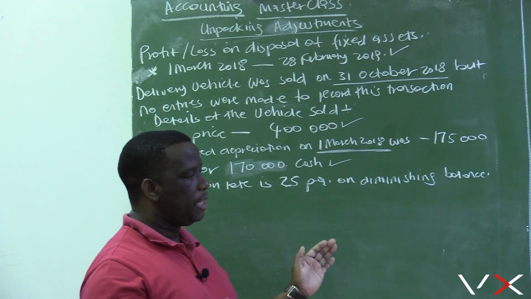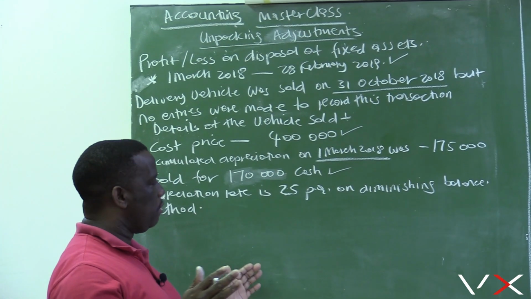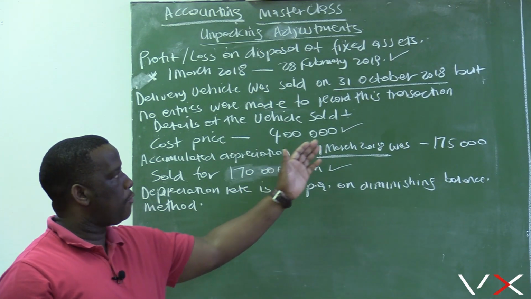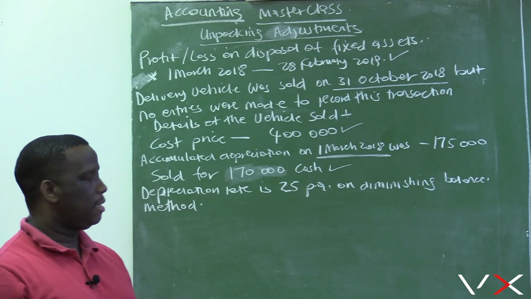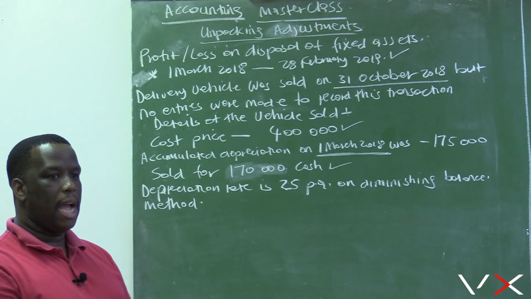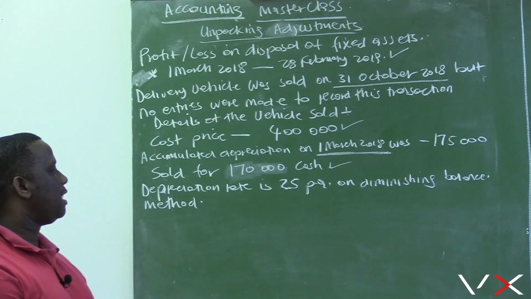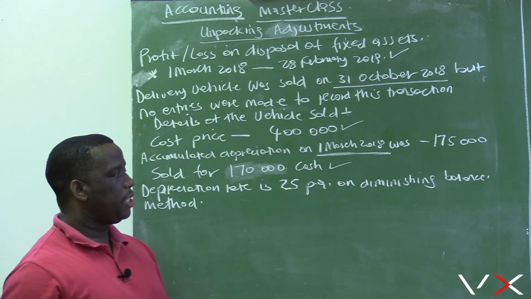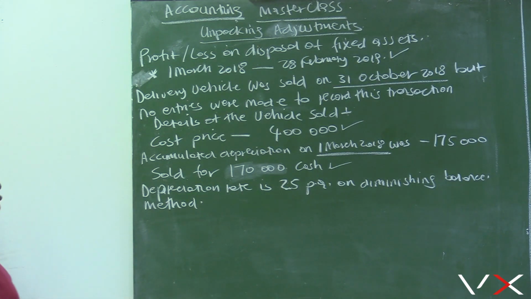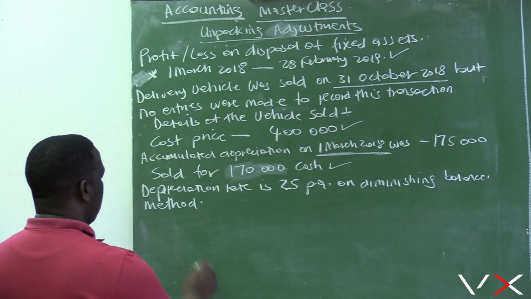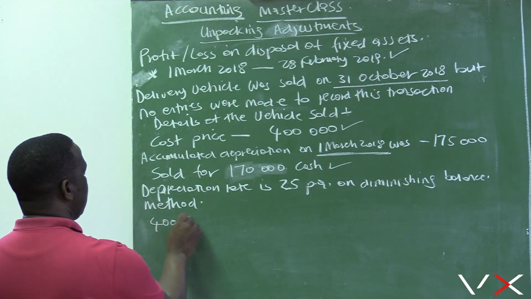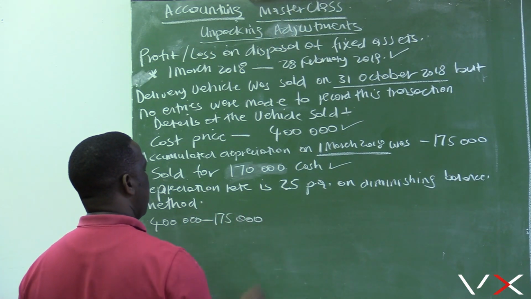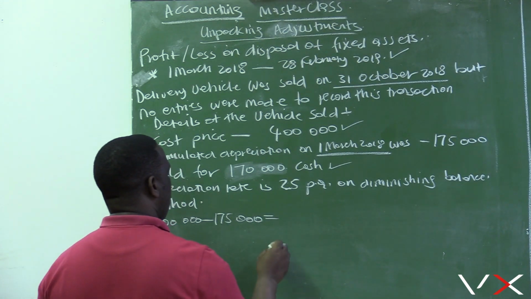So we need to calculate the number of months for which we have used this vehicle and depreciate it accordingly. When you count from March to October, March, April, May, June, July, August, September, October, that is 8 months. Therefore we need to calculate its depreciation, and the depreciation rate is 25% per annum on the diminishing balance method. Right. So 400,000 cost price minus accumulated depreciation at the beginning of the year, which is 175,000,